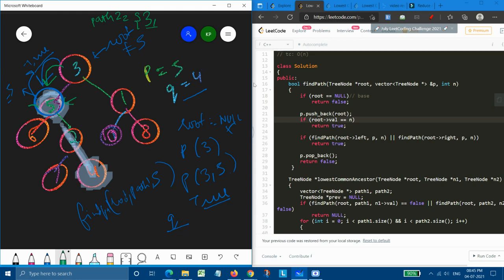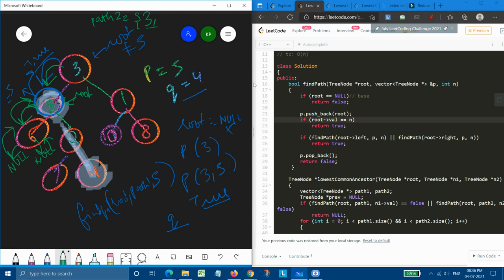Now again all the steps will be repeated, but it was not true. So as 5 is the root now, 5 will check for its left child. Its left child is 6, but 6 is again not equal to n. So now 6 will be the root and it will check for its left child, which is null. So this will return false, and it will now check for its right child, which is also null. It will encounter null, so null will be returned. And now its left and right calls are both finished, so it will simply return false to its root.